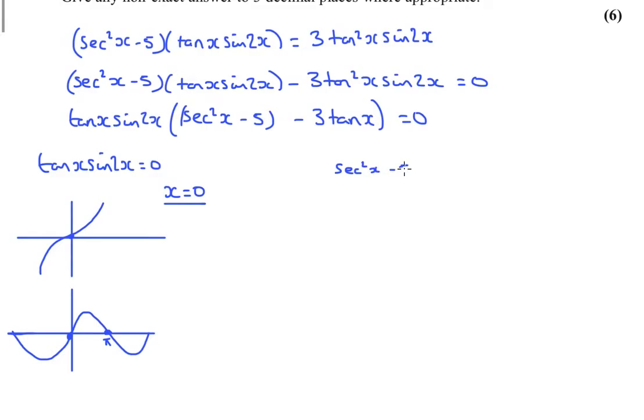I don't actually need the brackets there. That's a 3. 3 tan x is equal to 0. Now to solve this one, we need to use the identity that links sec squared x and tan x, which is that tan squared x plus 1 is equal to sec squared x. If you forget that one, you can get it from just your sine squared plus cos squared is equal to 1 relationship, just by dividing each term by cos. I often forget which way around the plus needs to go, whether it needs to be with the sec squared or the tan squared. So I often just divide this one, which I know really well, by cos squared,